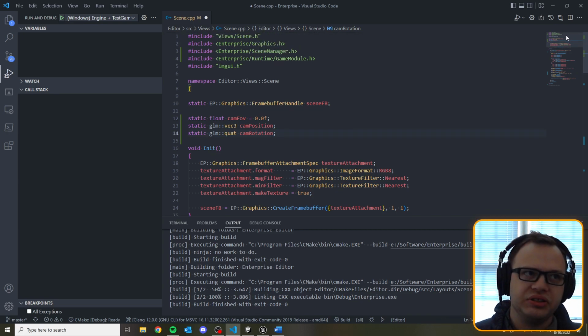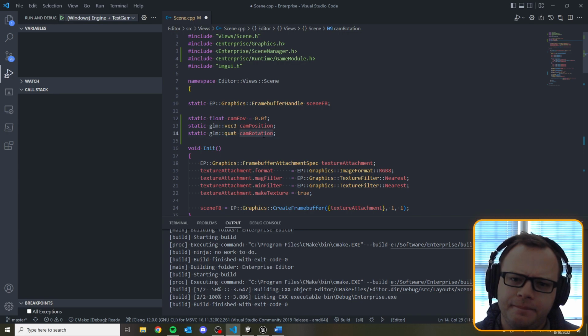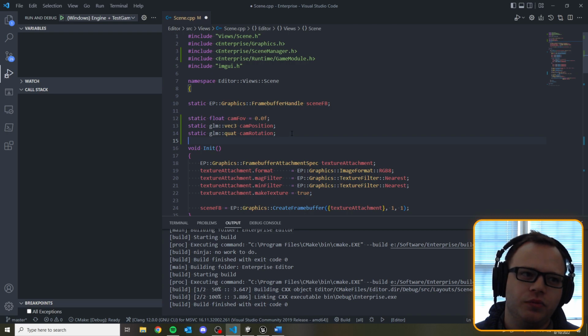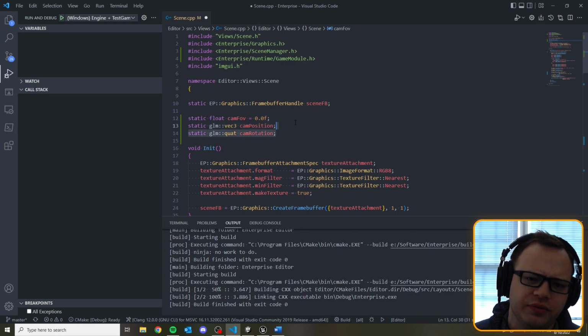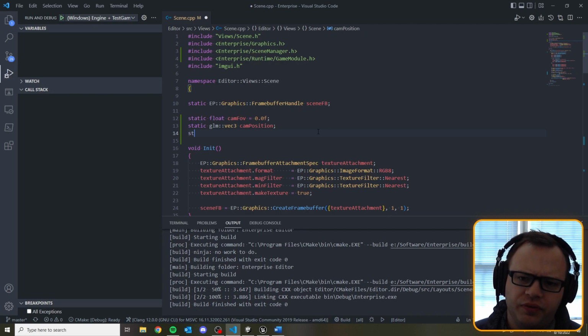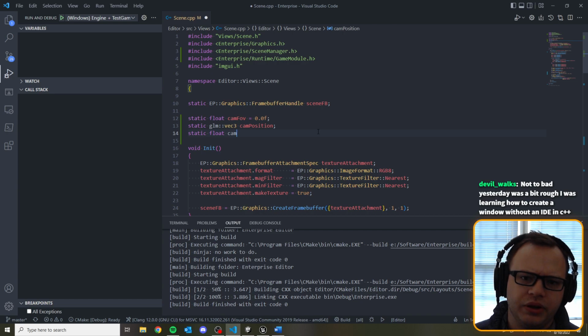Okay, so we got the camera position, its rotation, and we've got the field of view. I'm actually thinking that instead of doing a quaternion for the rotation, it would make sense to use roll, pitch, and yaw. Actually, I don't even need roll. I'm not even going to be rolling the camera when we're in the scene view. So actually, we can simplify this and just do static float cam pitch, cam